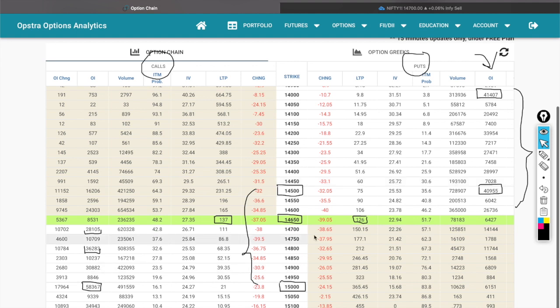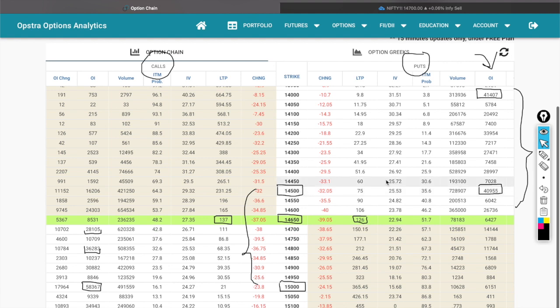So that's why I have given the level 14,700. If Nifty breaks it, just buy, because it will try to reach 15,000, and there is no harm in reaching 15,000, because 15,000 has call writing. Let it expire below 15,000, but if you get the move from 14,700 to 15,000, you will make money. Similarly, I said 2 days back, if the market opens flat, just sell it. Then 14,500 will be near, because 14,500 has support. Don't wait for 14,500. So this is how we analyze from the option chains.